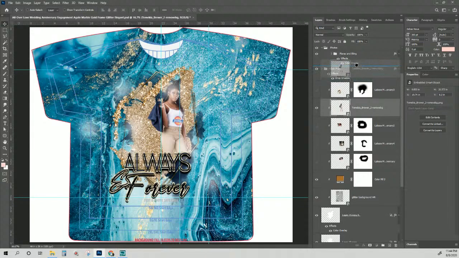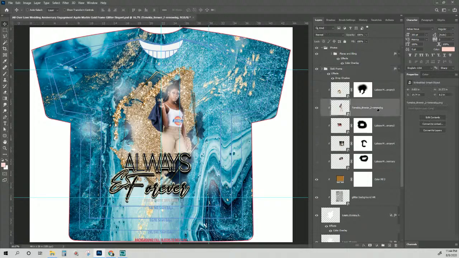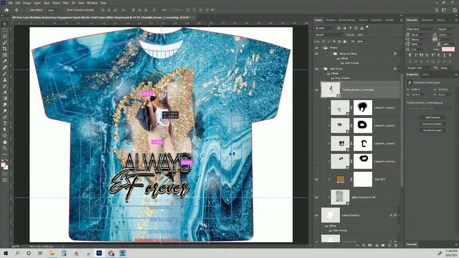If I pull it outside of, where did it go? Went to the bottom. Let me undo that. If I pull it outside of this crop area, and then I right click and I tell it to release the clipping mask, now you see that it's no longer restricted just to that gold area. So what I'm going to do, I'm probably going to put it here and then move